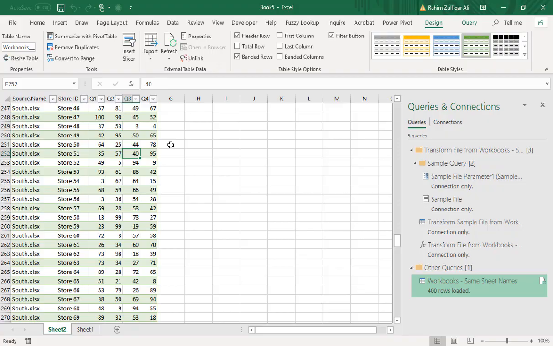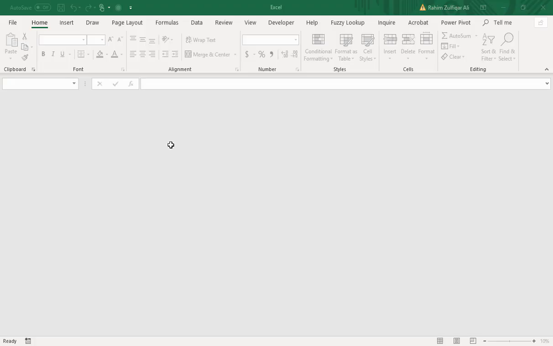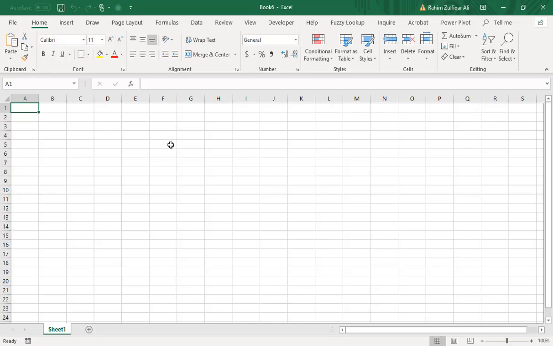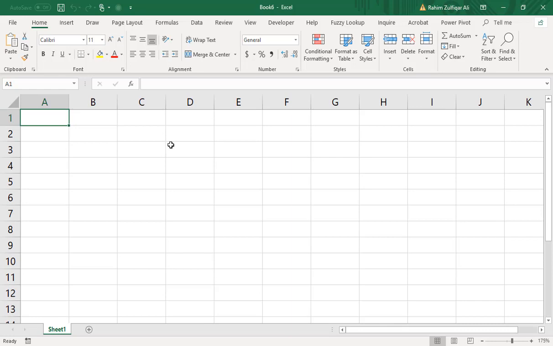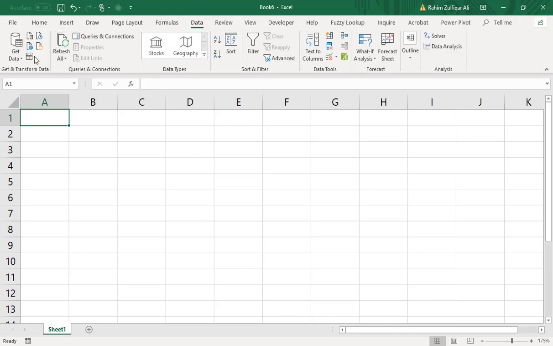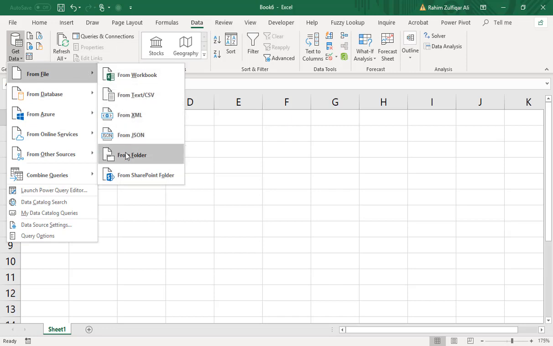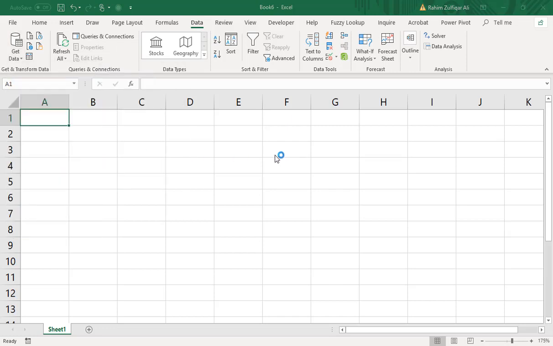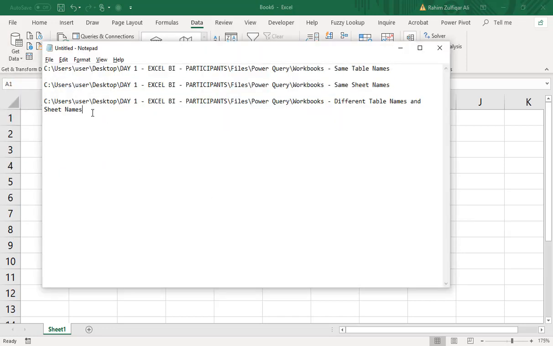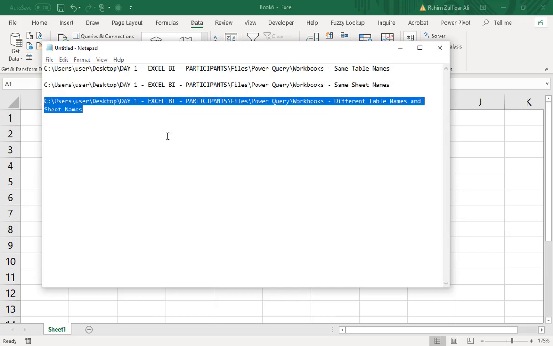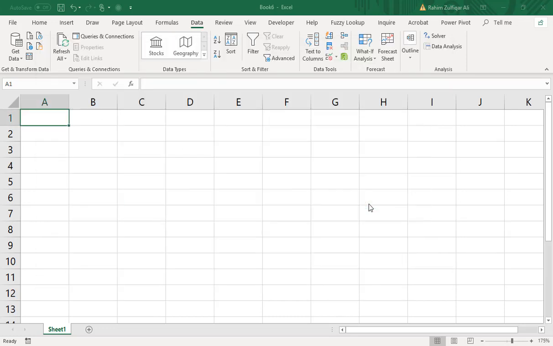Now the third and the last case is a bit tricky but easy, not much difficult, when all the sheet names are different and all the table names are also different. So what can we do to append, to combine the data? Go to the Data tab, click on Get Data, From File, From Folder, and define the path wherever all those workbooks are located. Click OK,